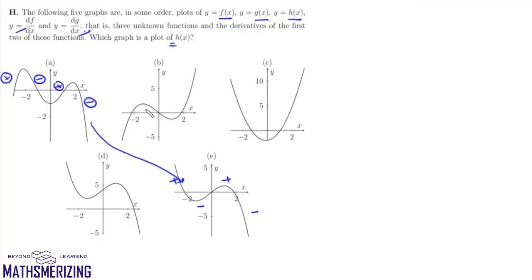Now we look at the second function. This function increases till this point, somewhere after 2. And then in between approximately -1 and +1, this function decreases. So here the derivative should be positive, here the derivative should be negative, and again the derivative here should be positive. So the slope of this graph corresponds to this function C.